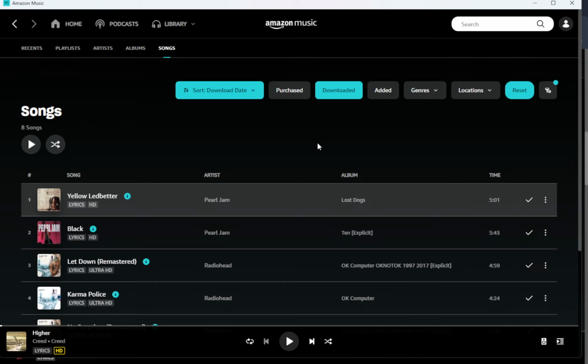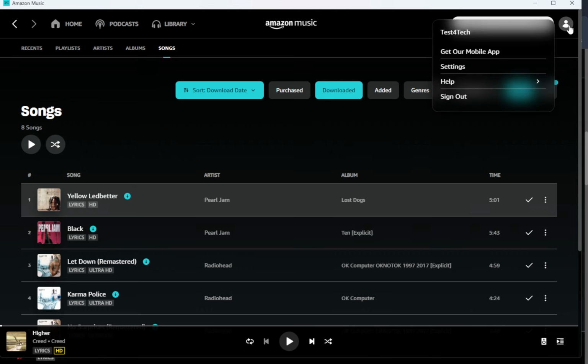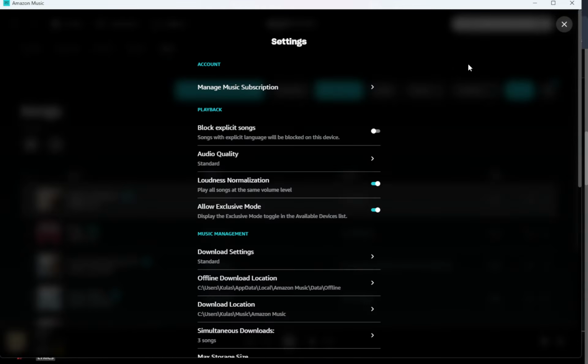For fast, hassle-free listening, the downloaded view in the app is the best tool. It puts all your offline music in one place without digging through folders, so you can press play and enjoy your music wherever you are.